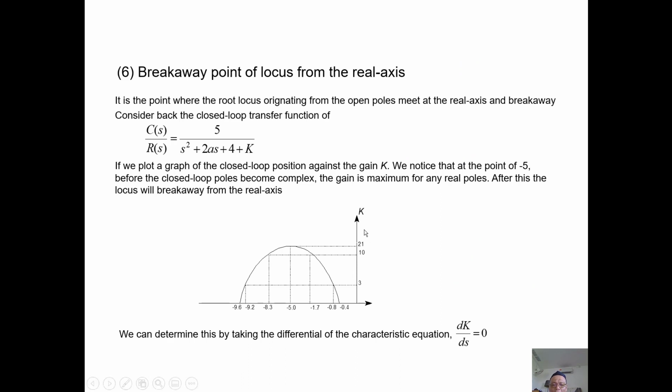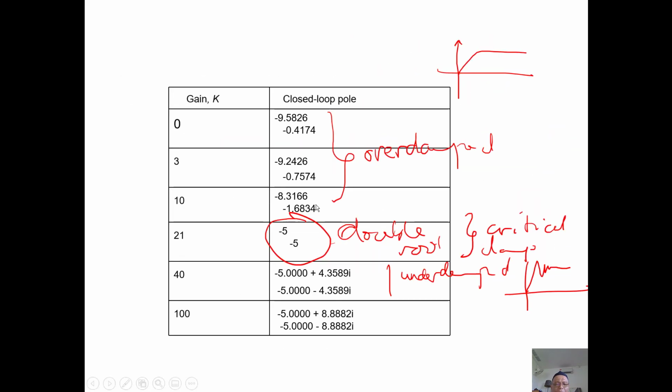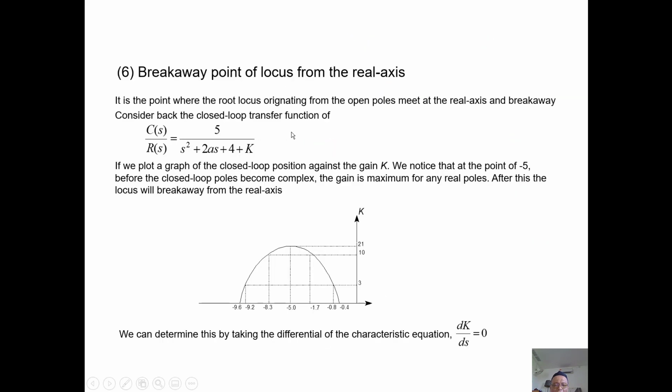If you plot a graph of the value of K and the location of the poles, you can have this graph. The value at the real poles: when K equals 0, the poles will be here and here. And K equals 3 will be here and here. Just the same as what we see from this table. So you can plot this one and you see that